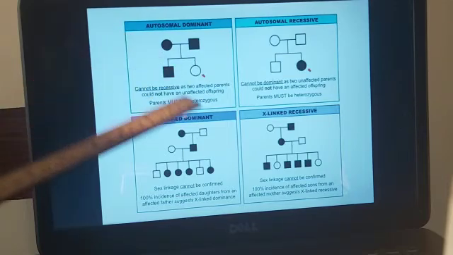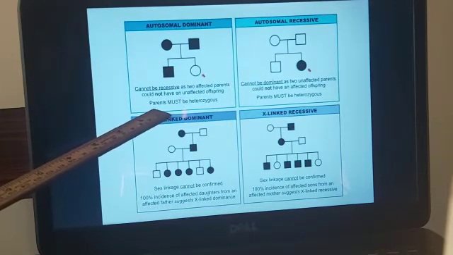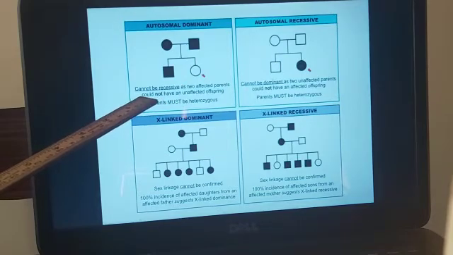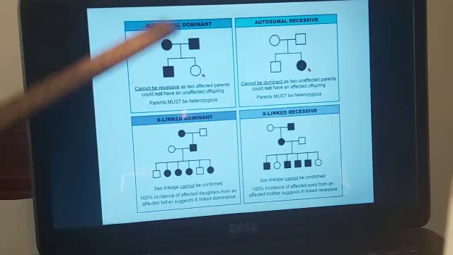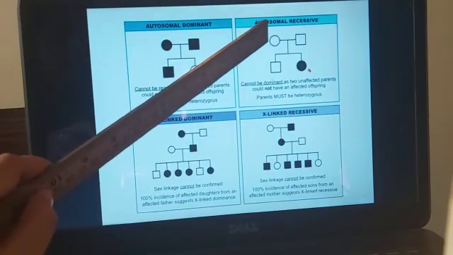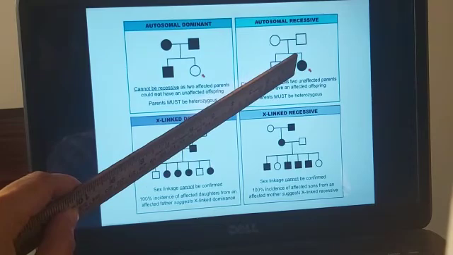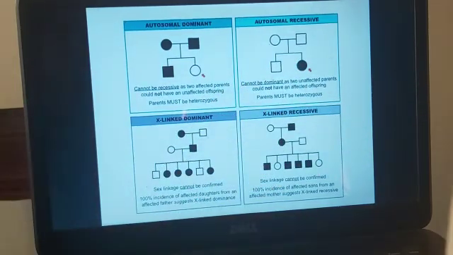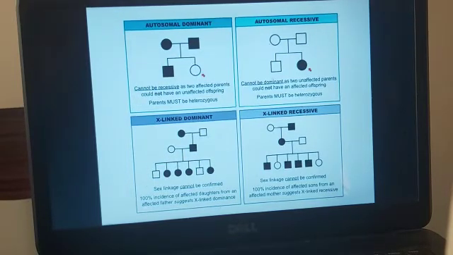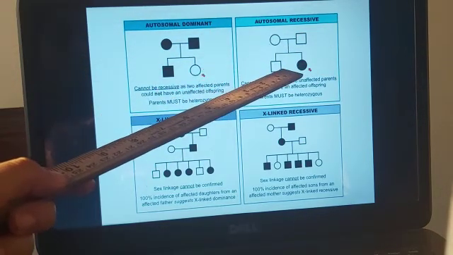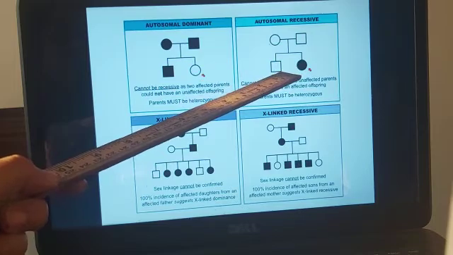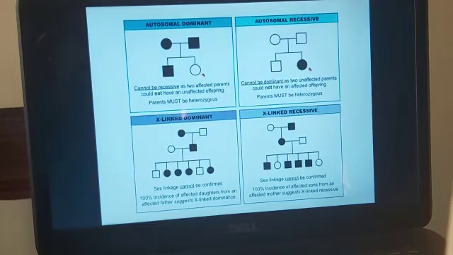There is also a possibility that the parents could be heterozygous. It cannot be recessive, as two affected parents cannot have an unaffected offspring. Now secondly, here you see the parents are normal and the female is affected. So these kinds of diseases cannot be dominant, as two unaffected parents cannot have an affected offspring. The parents must be heterozygous in this condition. Unaffected parents but the daughter is affected: this is known as autosomal recessive inheritance.